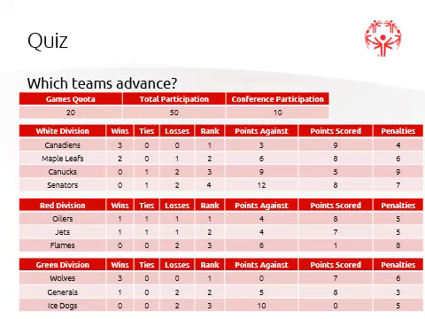And for question 6, our final question, which teams advance? When you have finished, the answer is that the quota is 4 teams from the conference. As such, all 3 first place teams, Canadians, Oilers, and Wolves, advance. The second place teams are put through a tiebreak to determine the top overall second place team. In this event, the Maple Leafs have the highest points per game average with a 2.33 average versus the 2-point average for the Jets and the 1.67 average for the